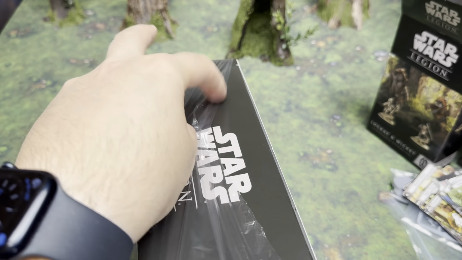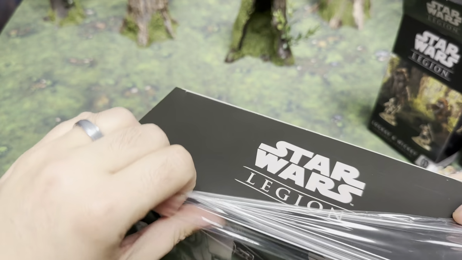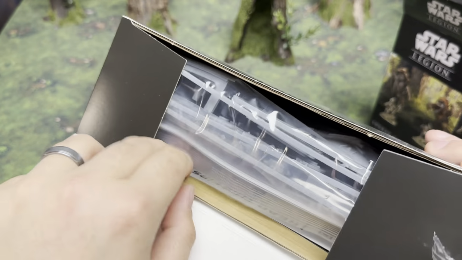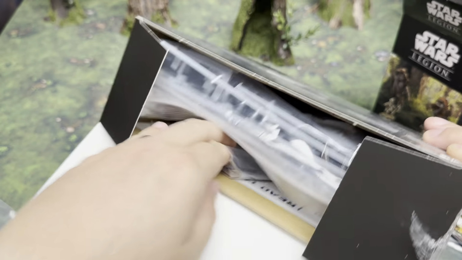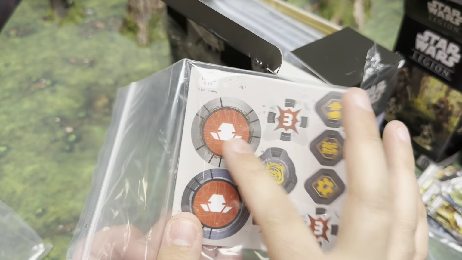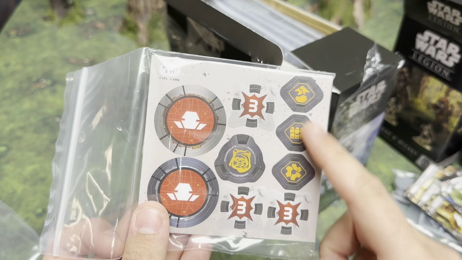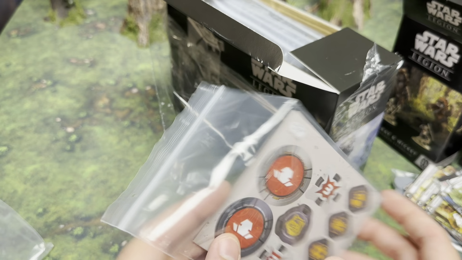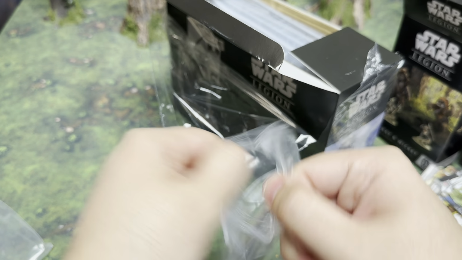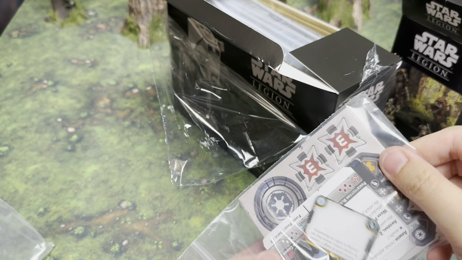Let's see what we can see. Okay. So first we'll start with this. You get the Inconspicuous, you get two of the commanders, you get the vehicle broken, or two of the commanders, two of the heavy tokens, excuse me. And then in the bag, we get,